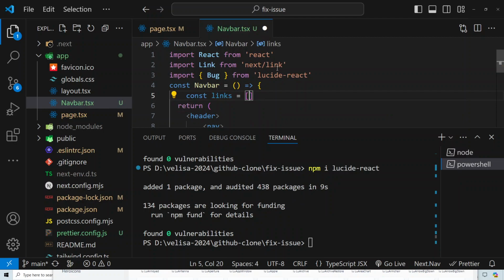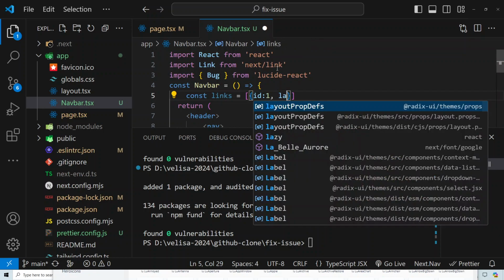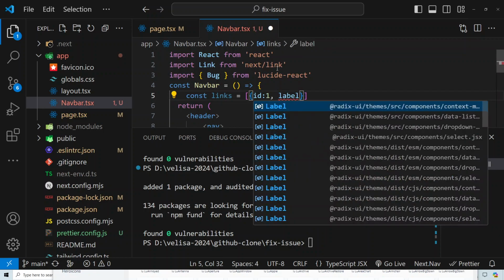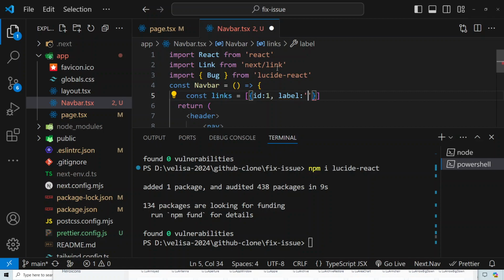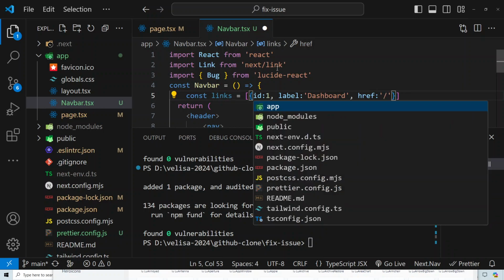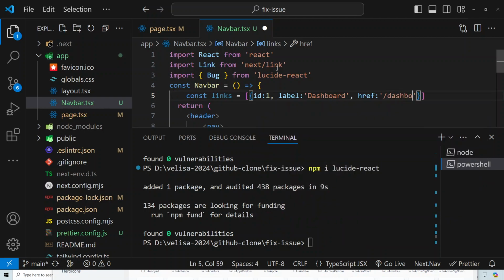So what I will do, I'll just create here the links, right? What to do here. So ID, I will call it one. Label, let's call it dashboard, right? The first one is dashboard, and href will be what? So I will just go slash, so that is root localhost 3000 slash dashboard. Okay, that will be our route. Good to go. And the next one is